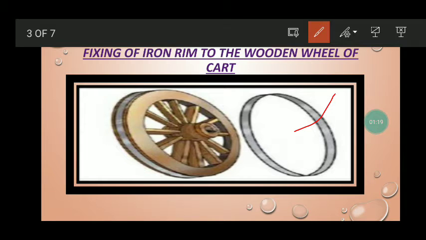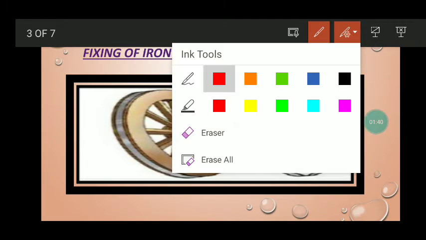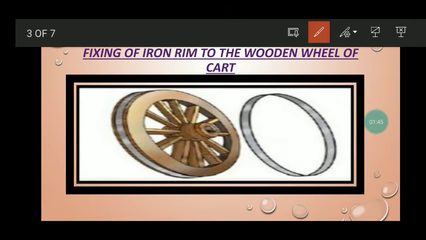And now when you give some heat to this rim, the size of the rim is going to expand, and you have to fix it on a wooden wheel. ठीक है, आप इसको wooden wheel में fix कीजिएगा. And when you pour water on it, the size of this rim is going to decrease and it can be easily fixed. So the size increased and after that it decreases again. It comes back to the original shape, that is called expansion and contraction, and it is a reversible change.